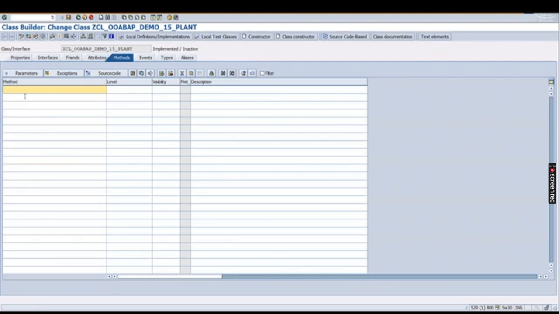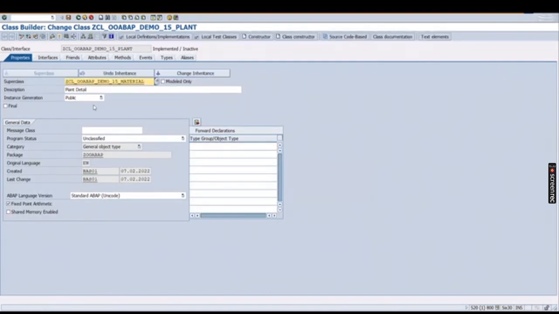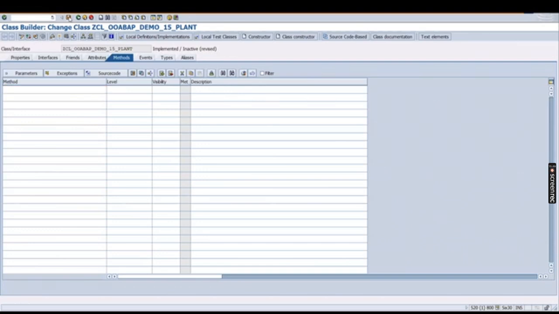And now you can see that to go to the properties, and inside the superclass, I will put this one. Okay. Go to the methods, just click on the save button, and now that get material detail will be automatically coming. Get plant detail now. Instance method public get material detail. Okay,